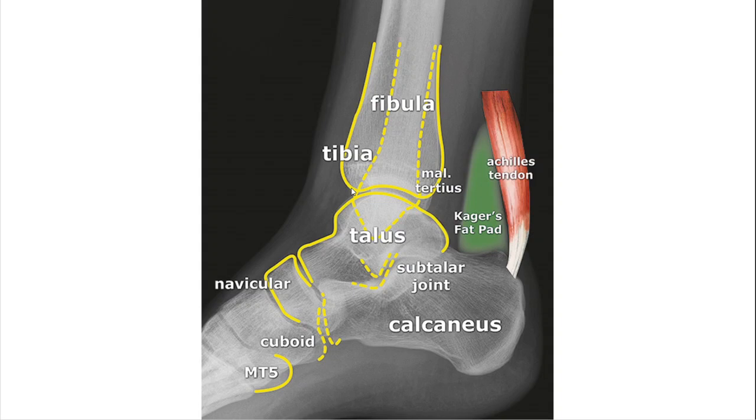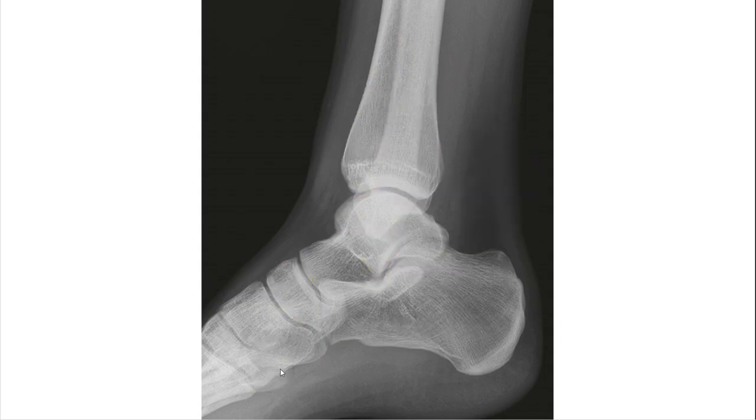Then you can see the subtalar joint between the talus and the upper surface of the calcaneum. You can see the calcaneo-cuboid joint. You can see the talonavicular joint. This is the navicular. Somewhat here was the cuboid, and this is the fifth metatarsal, not the first one, fifth metatarsal, because that articulates with the cuboid anteriorly, right?